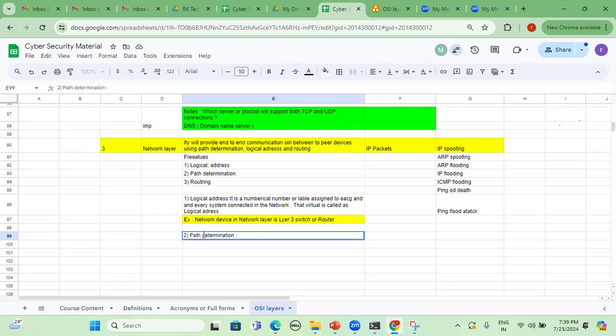Choosing the smallest or best route between source and destination is called path determination.